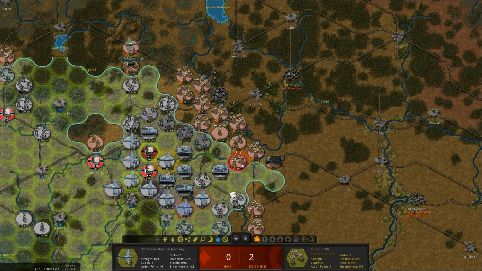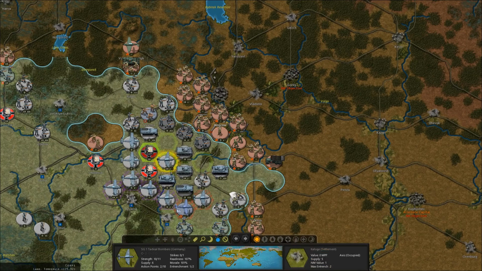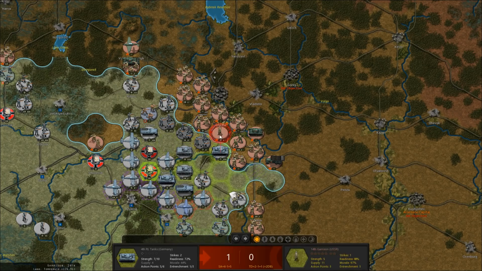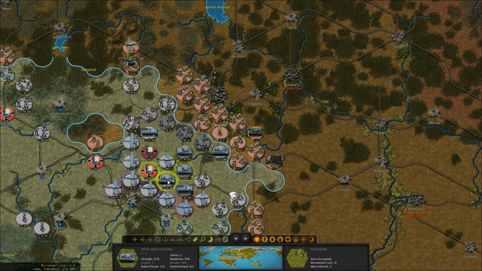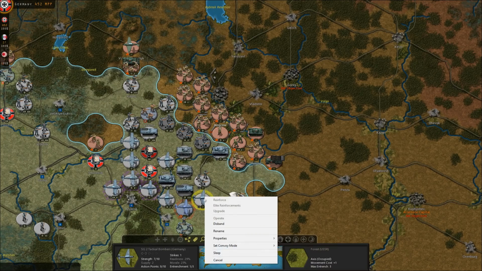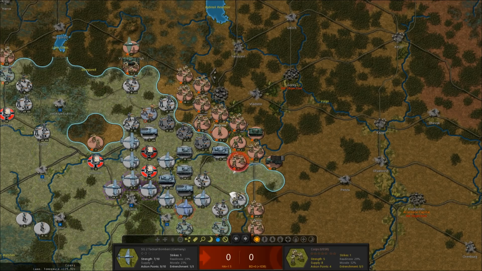So let's see if our Stukas can maybe hit these infantry. Maybe we can destroy another infantry unit here. We could potentially go for this, actually. This unit here. I don't really know. I don't know who to attack with. Those guys are already bombed. Alright, these guys are out of supply, so we can't really do anything with them. Or not out of supply, but they're out of... Okay,